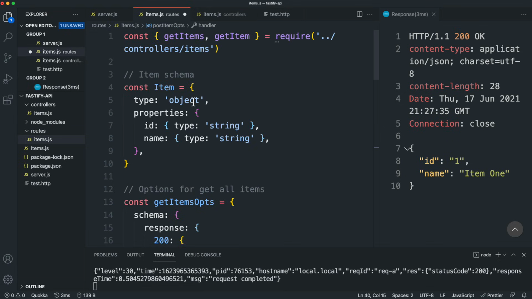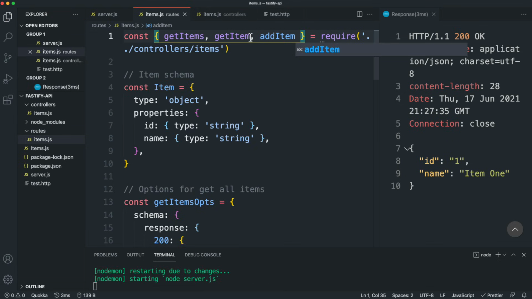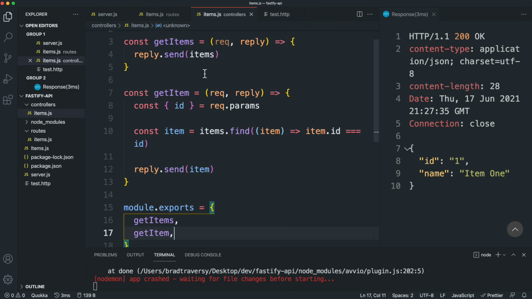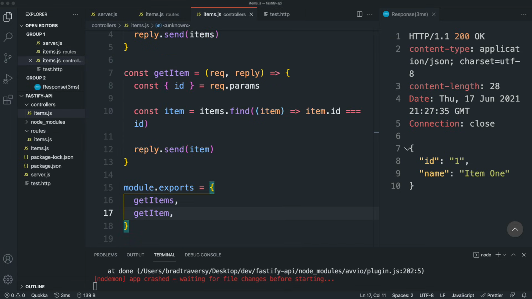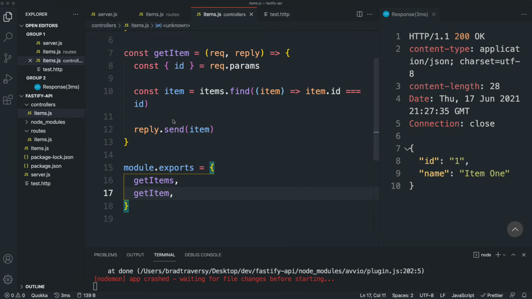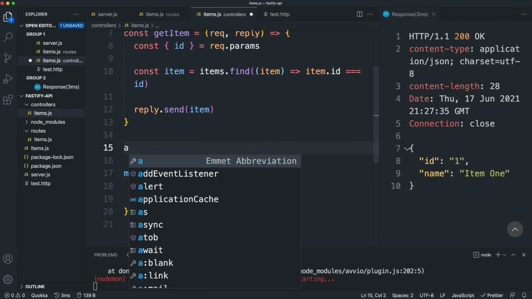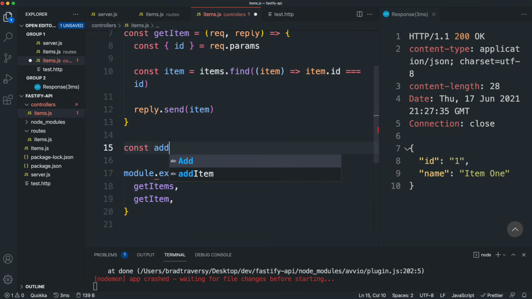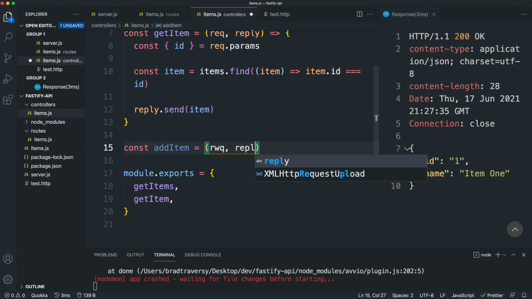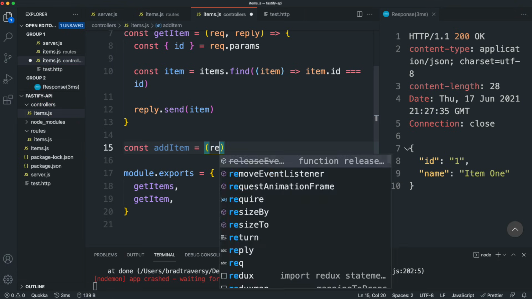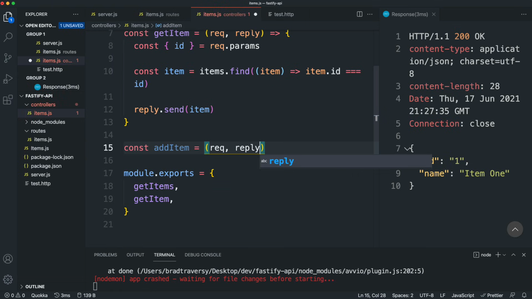All right, and we have to bring that in. I know we didn't create it yet, but we'll go up here and bring it in, add item. It's going to give us an error down here because that doesn't exist. So let's go to our controller here, and let's put this below get item. So we want to do const addItem, request, reply, and